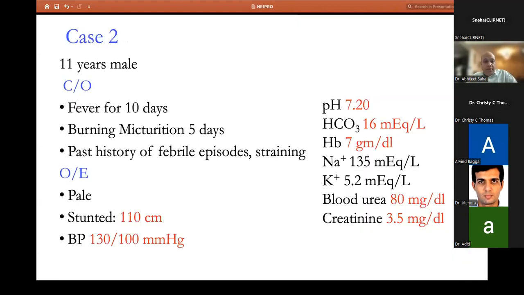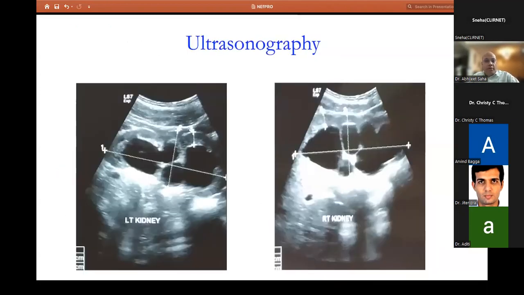Now, combined with the clinical history and I am sure you must have calculated the eGFR by this time, and we move further. So because this child was having obstructive symptoms, he was subjected to some imaging studies, which are again extremely important for evaluation of the kidney functions. And you can see here the ultrasonography picture of this child, the right and the left kidney. You can write the responses, what you think this ultrasound is showing in the chat box.